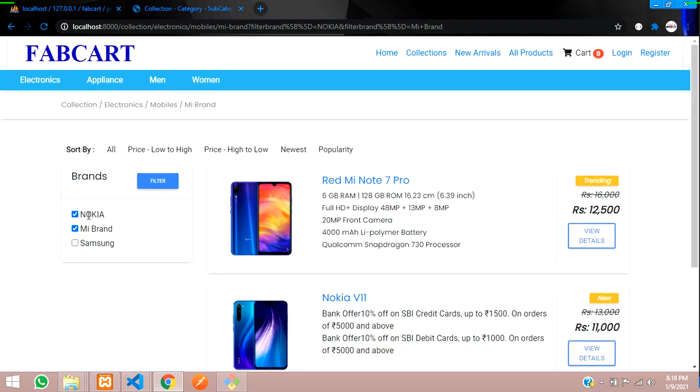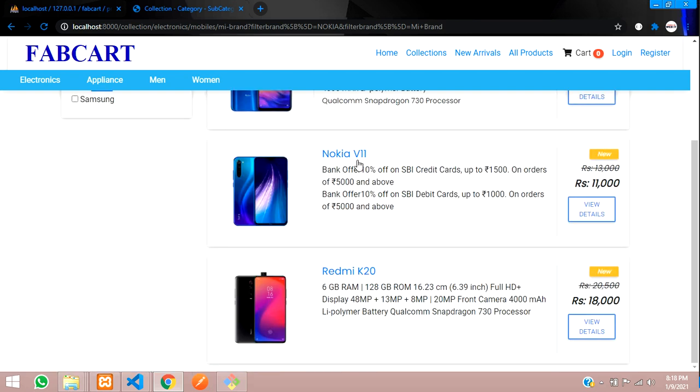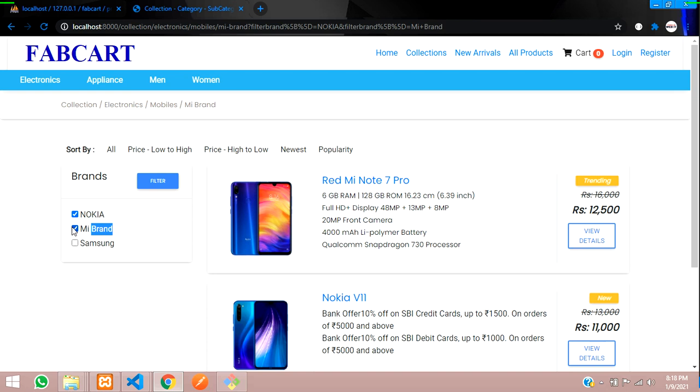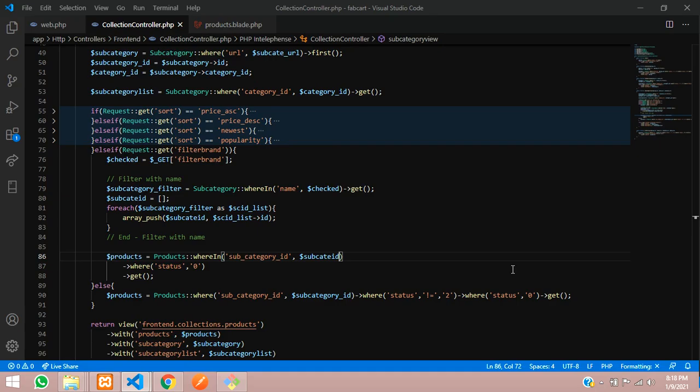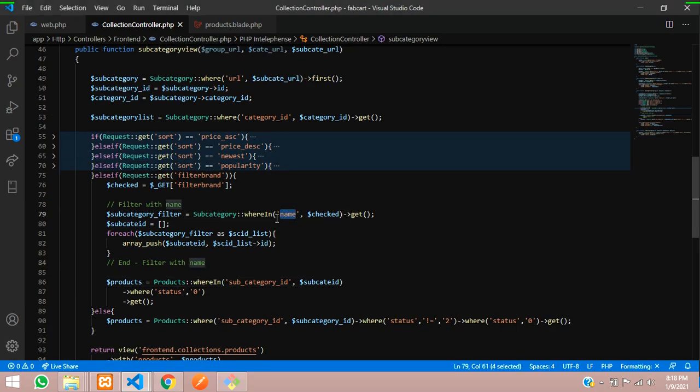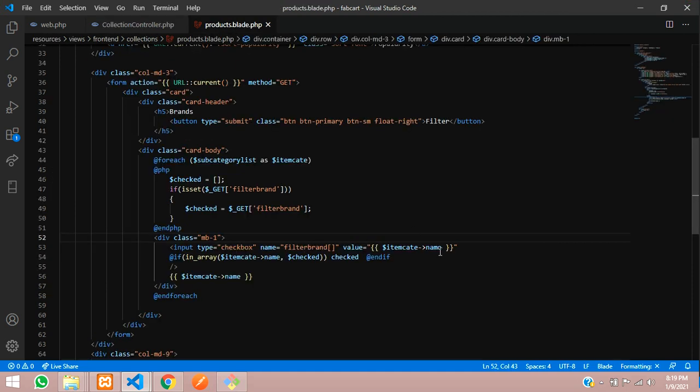As you can see, Nokia and MI, two things are there. You can see MI, Nokia and MI. I just want to print the Nokia, so let me filter. You can see that Nokia has been passed. In the same way you can filter with the name also, and URLs also. If you want, you can pass with the URL. So this is the option for those guys who want to check with names. If you want the ID, just ignore this and keep the ID the same for these two things.